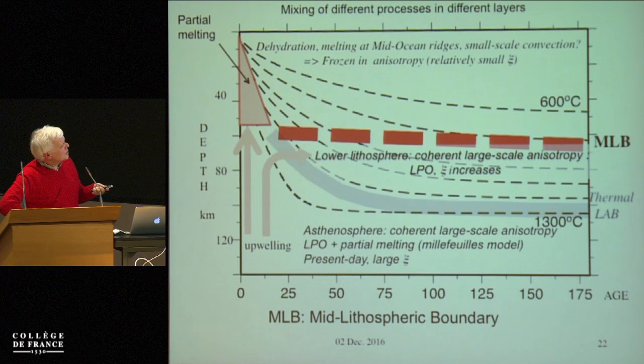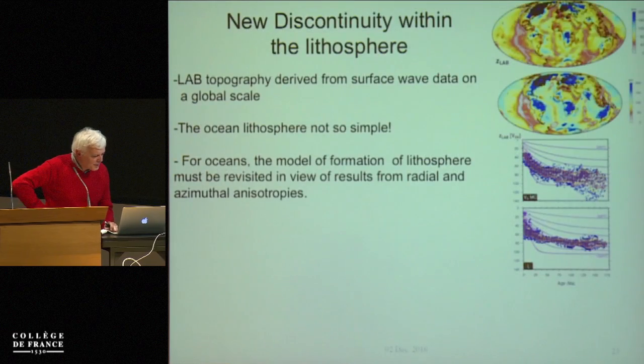And when we go deeper, we have a thickening of the lithosphere, which is more the thermal lab, which is different from this one, which might be more a petrological lab. And by the way, you see, we might have some inherited plate of about 60-80 kilometers thick. Okay, so that's the first result,